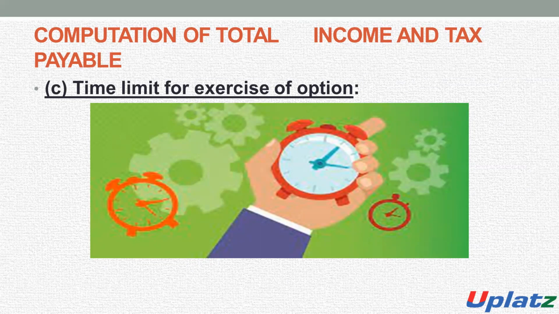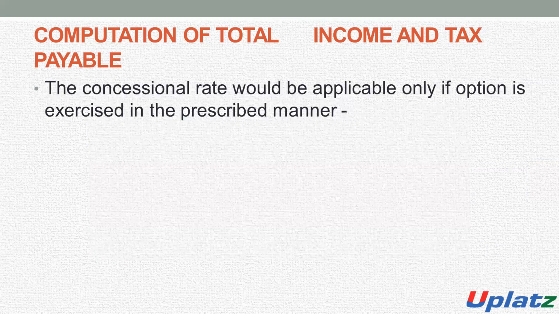So these are the conditions and these are the deductions or exemptions which are not available if the assessee follows the concessional rate of income tax. Time limit for exercise of option. What is the time limit for exercising such option? The concessional rate would be applicable only if the option is exercised in the prescribed manner. Means if the option is exercised in the prescribed manner, then the provision of concessional rate of income tax will be